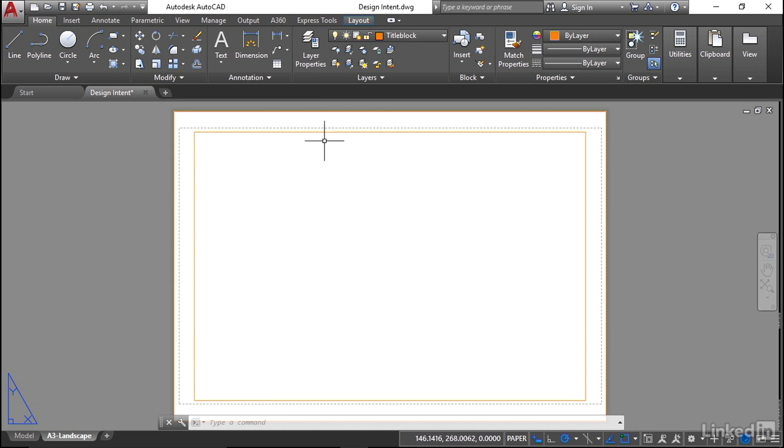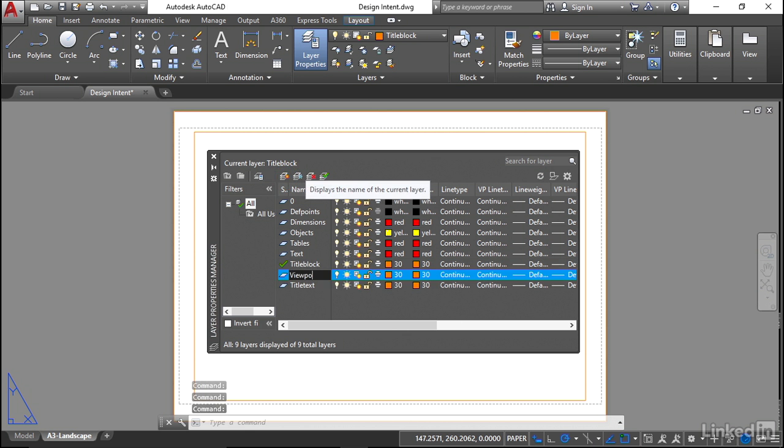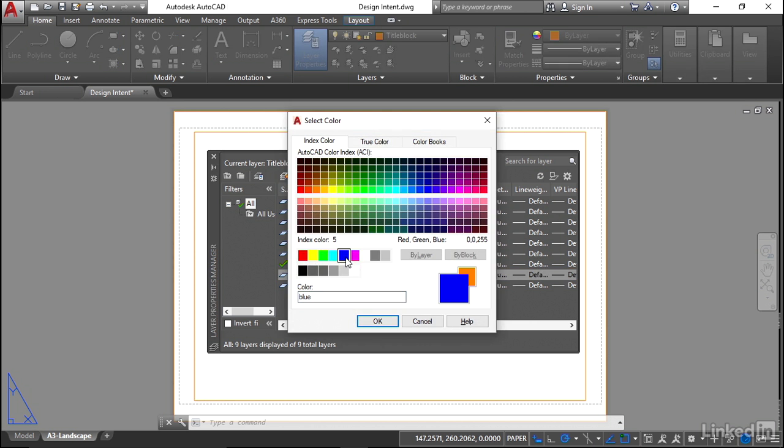So, Home tab on the ribbon, Layer Properties in the Layers panel. We're going to create another new layer and we're going to call it Viewports. And we're going to create a scaled viewport in our A3 Landscape tab. So there's our Viewports layer. Give it a different color as well. So I'll change that to something like a nice blue that stands out on the white background in the Layout